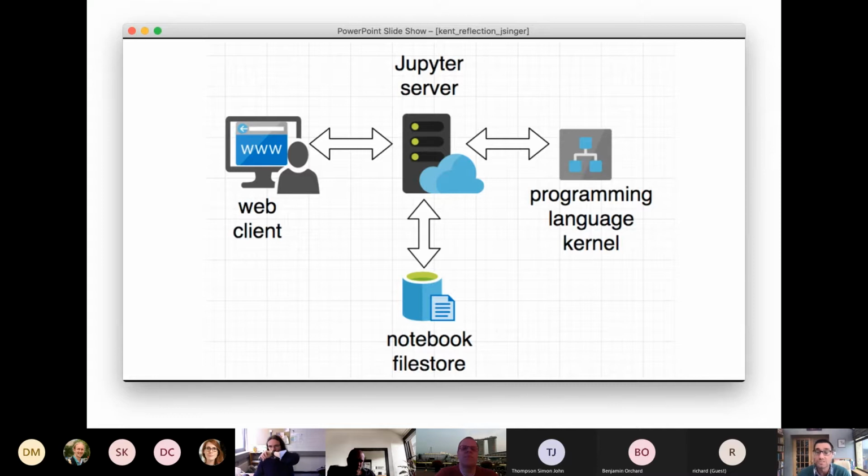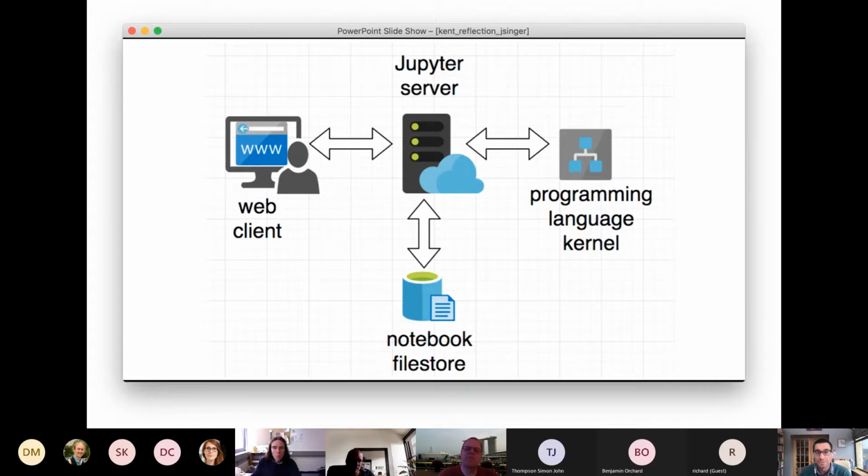Now, very often this server is really physically co-located on the same system as the client, but it could be, you know, half a world away, and this server just presents a web interface to the client. The server has some kind of persistent layer, so you can store notebooks as files, typically JSON files.